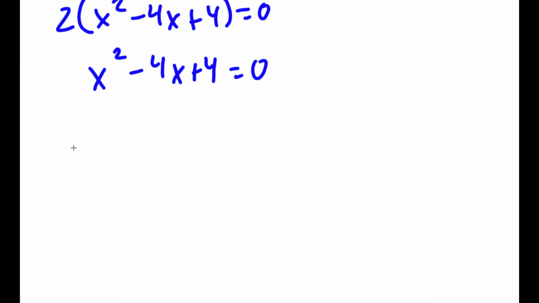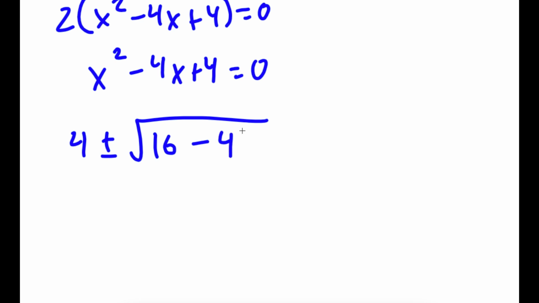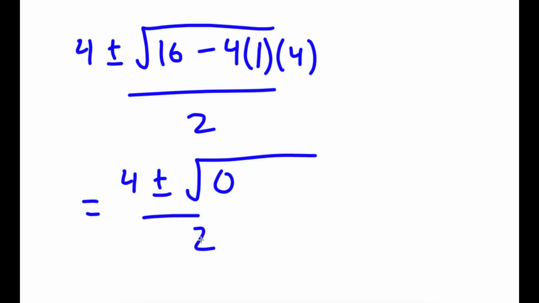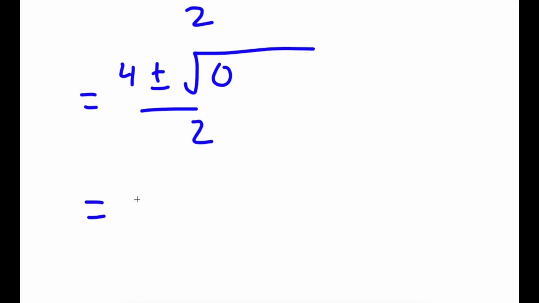So in this case, I have 4 plus or minus the square root of negative 4 squared, which is 16, minus 4 times a, which is 1, times c, which is 4, all over 2a, so 2. And this is equal to 4 plus or minus the square root of 16 minus 16 is 0 over 2, which is simply equal to